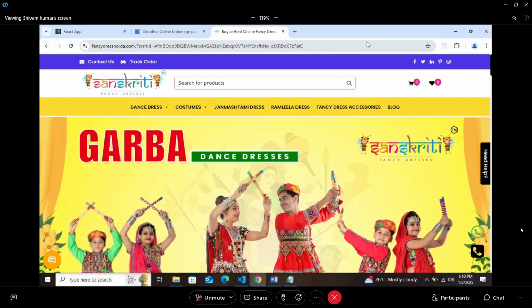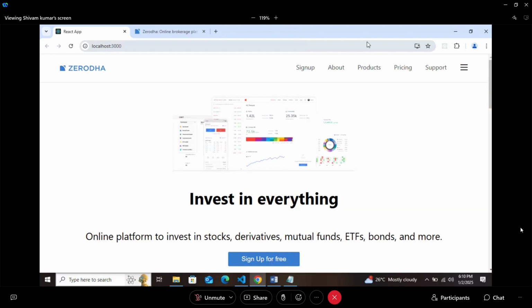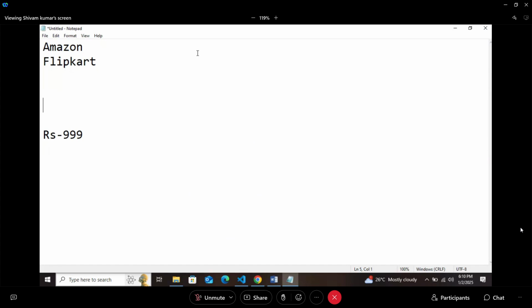What is user experience? Let me discuss it because we are styling the React component now. So there are two things, UI and UX. UI means user interface.